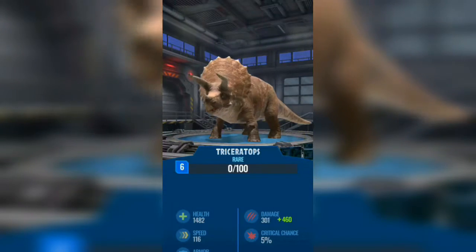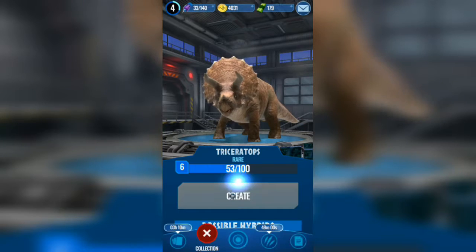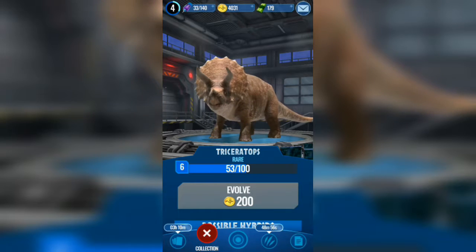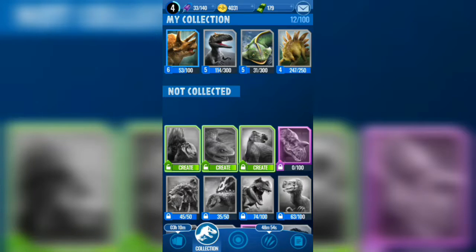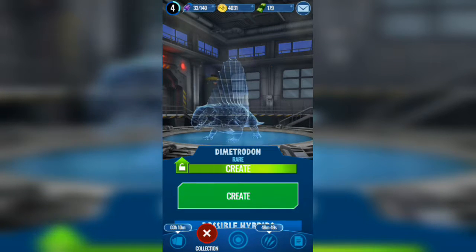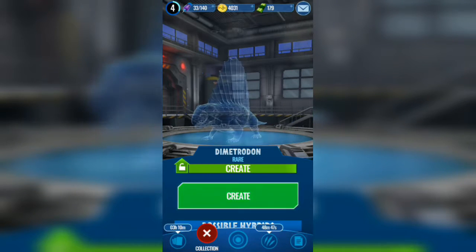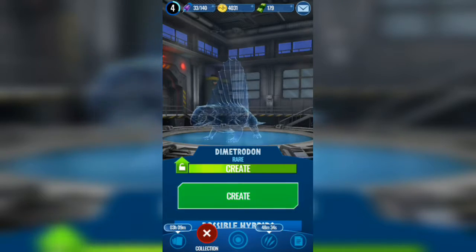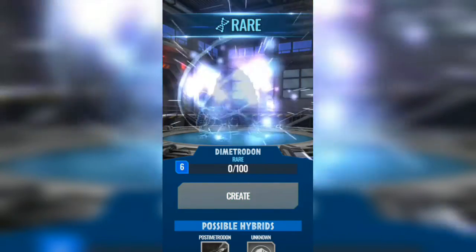Not a very big fan of the hue of color that they use for this game. I actually really enjoy the depiction that they show in Jurassic World the game, although it doesn't look much like Triceratops, but more like another one, I can't remember, starts with S, another Ceratopsian. I also see a few Dimetrodon, although I really hate trying to get it, because if you have